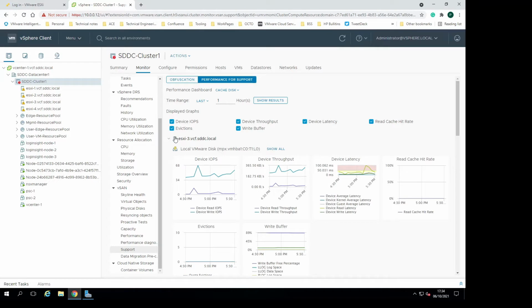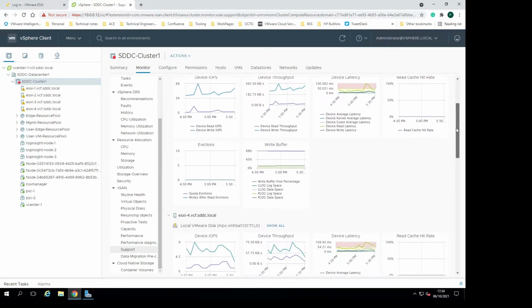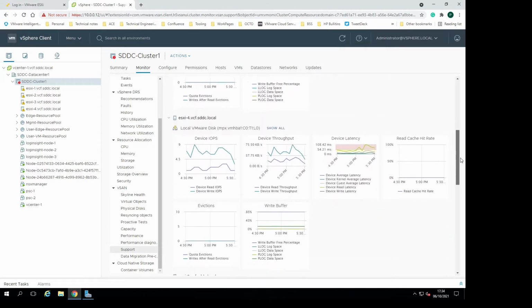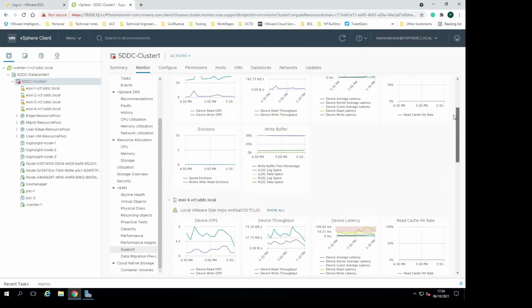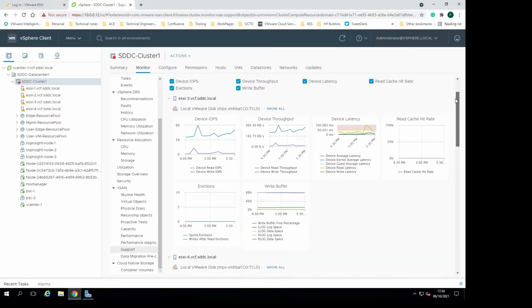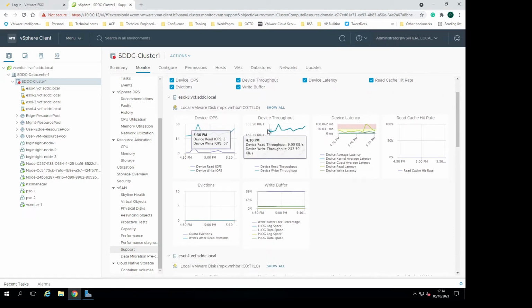Now this is going to display each host. We can see at the top here, and it will display each cache disk located in each host. So in this environment, I have 2 cache disks in each host. Oh, sorry, no, 1 cache disk in each host. I'm thinking of another lab I deployed previously. So we can see we've got 1 cache disk in each host, and then we can see on that cache